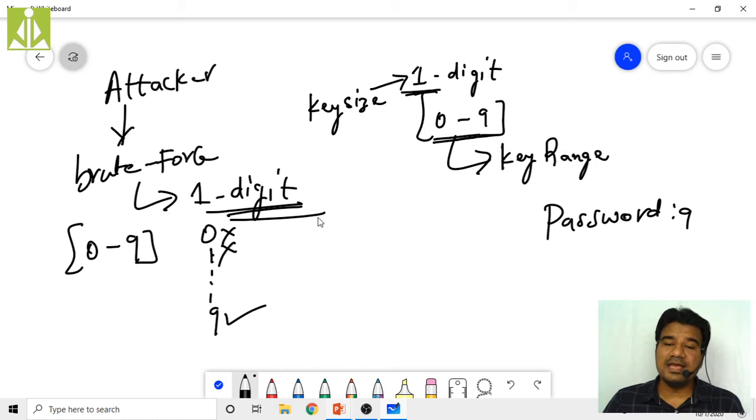Getting the actual key in the first attempt, we call it the best case scenario. Best case, without any effort, the attacker gets your actual key.